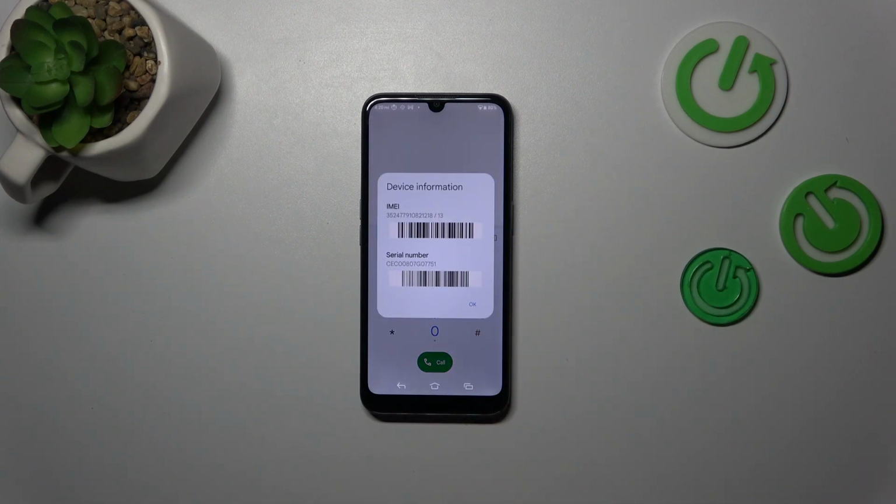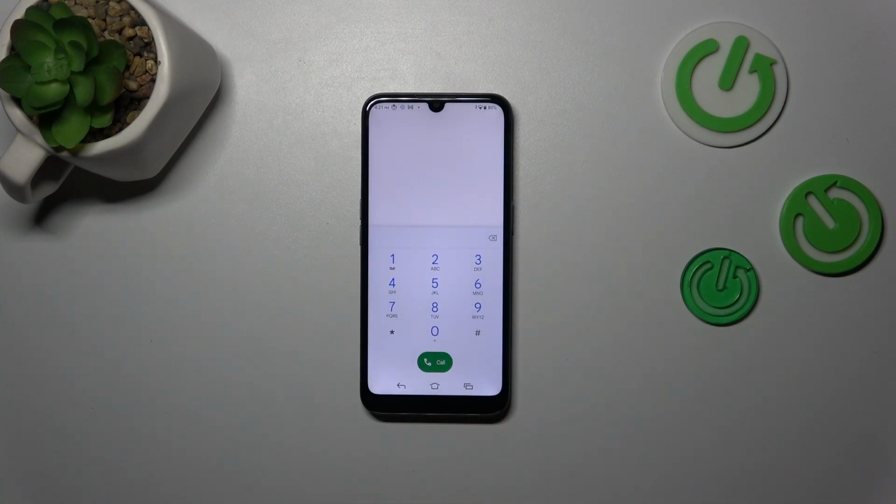And as you can see, by this code you are provided with the IMEI number and serial number of this device. So let's tap on OK, and another code